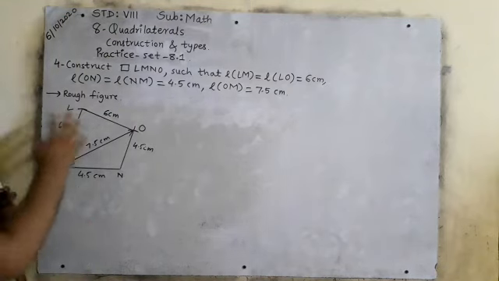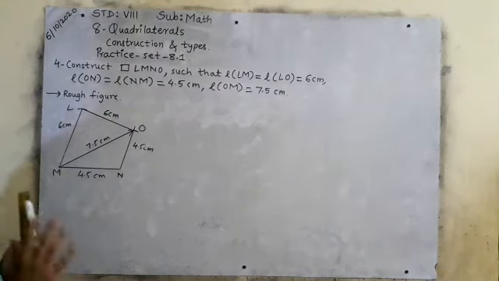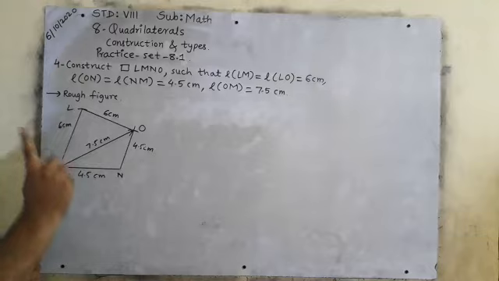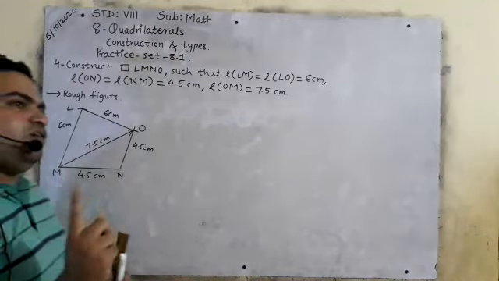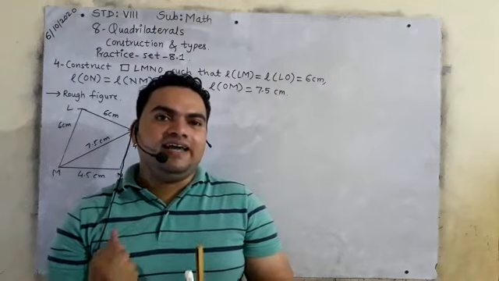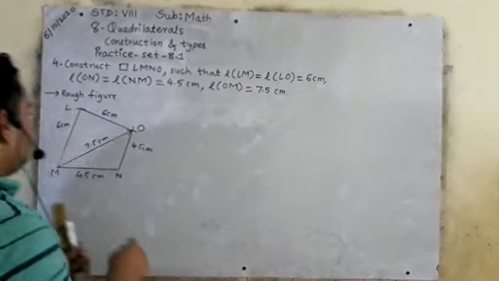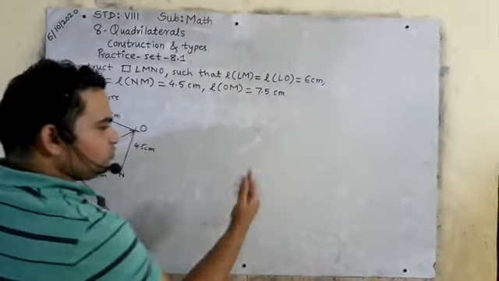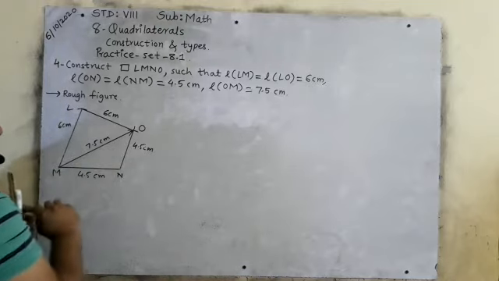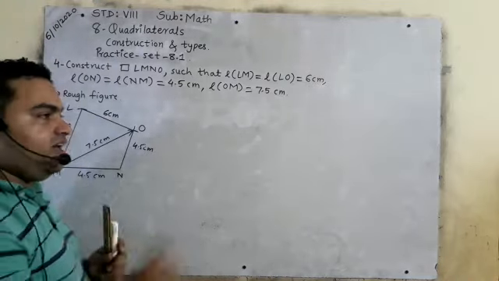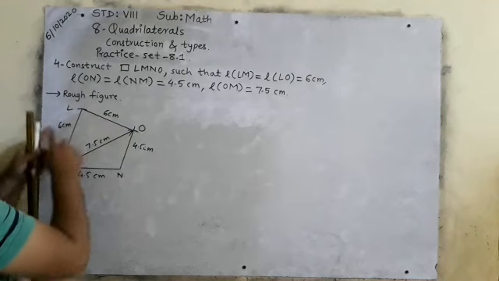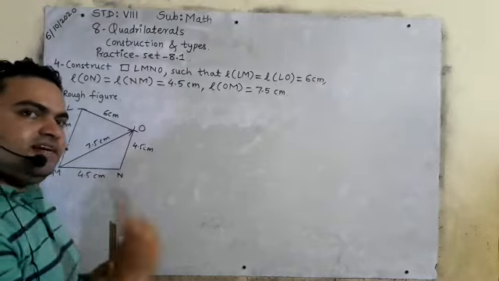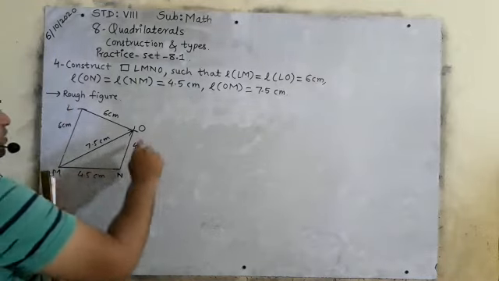Okay, so whenever you will see a figure like this, having four sides, it is a quadrilateral, and having one diagonal, I will give you one idea. It is very much simple, my dear students. First you will draw the diagonal. A straight one also, no problem. First you will draw diagonal MO. When the measurements of a quadrilateral are given and one diagonal is given, that time you will draw this diagonal MO first.